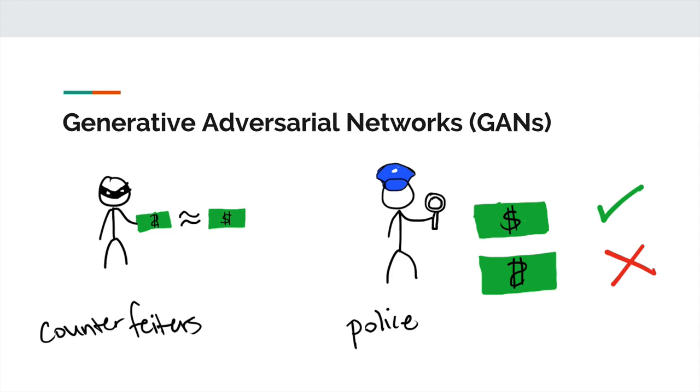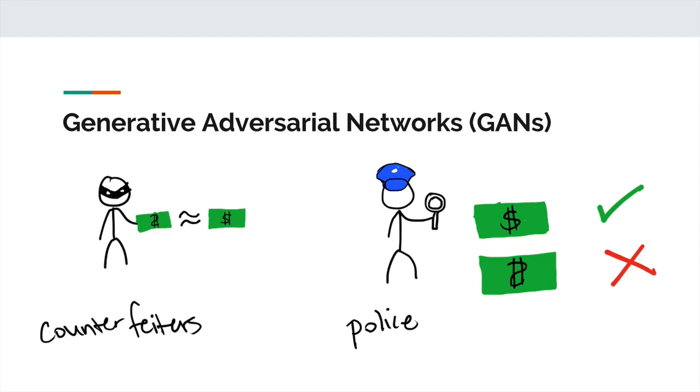The counterfeiters and the police are in this adversarial deadlock where the counterfeiters want to keep making money that's indistinguishable from the real thing, and the police are working hard to figure out which money is real and which isn't. The counterfeiters try to make some fake money, and then the police say, "Oh, this money is obviously fake," and then the counterfeiters go back and tweak their design to make fake money that's even more similar to the real money, and you keep playing this game for a very long time. It's analogous to training